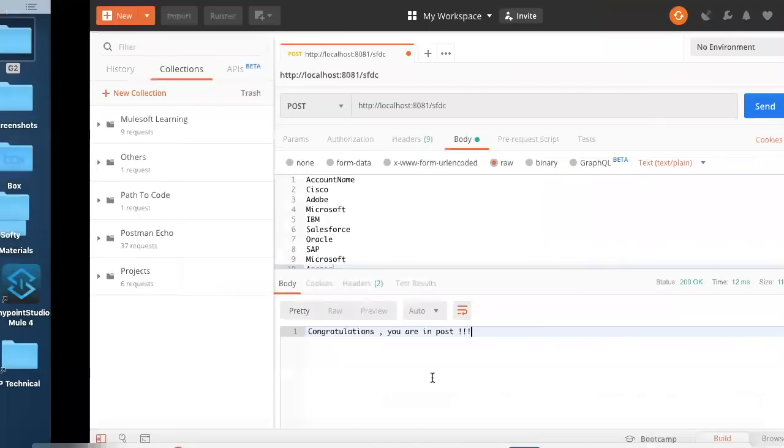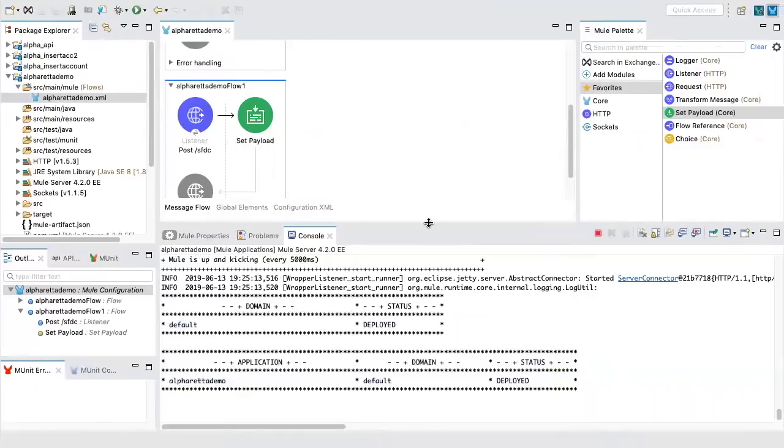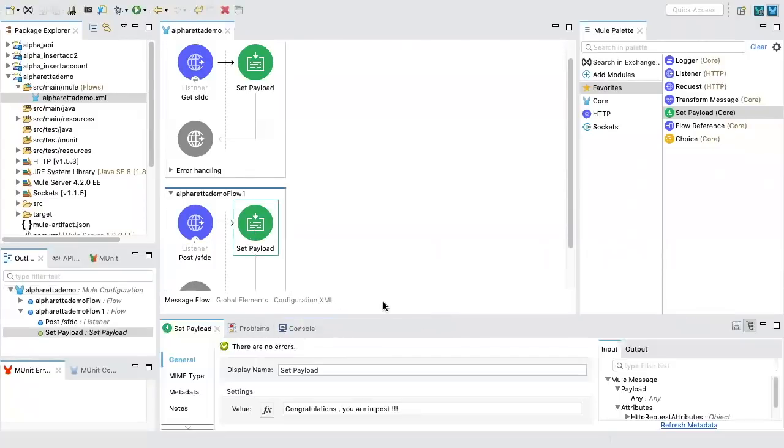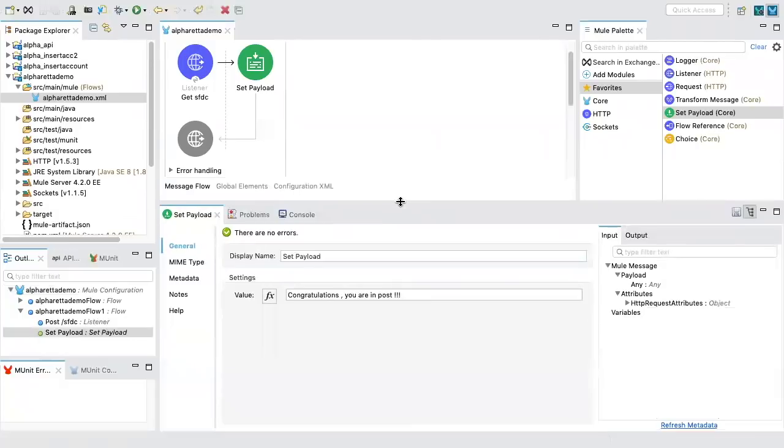What I will do is go back to my Mule. This is the parameter. Instead of saying congratulations, I will simply use payload. Whatever comes from the listener is stored in a variable named payload.